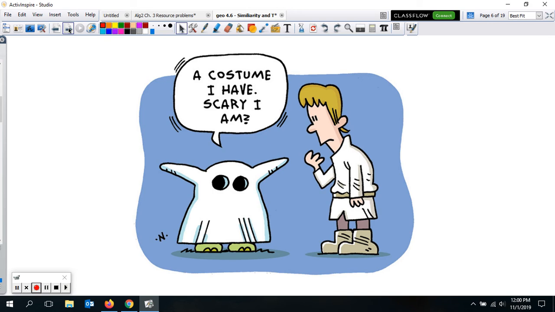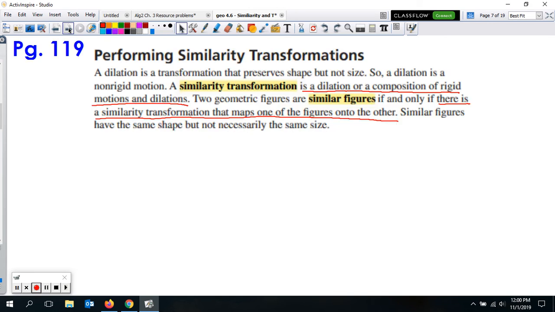All right, well, let's get into our vocabulary. So on page 119, here's the vocabulary for similarity transformation, which you can write there. It's just that it is a dilation or a composition of rigid motions and dilations. So a dilation does change the size. It can enlarge it or it can reduce it. But that keeps it similar, though, because it doesn't change the angle measures of the figure. It just really can change the sides of that shape, but it still keeps the similar shape of that